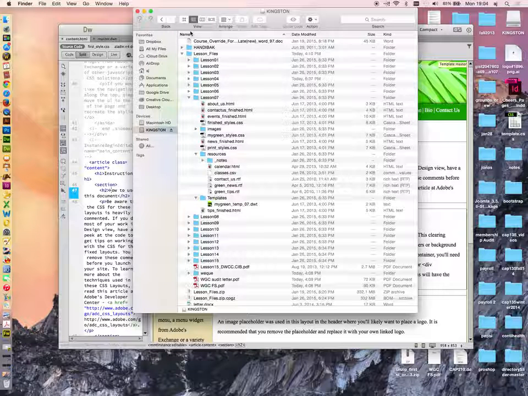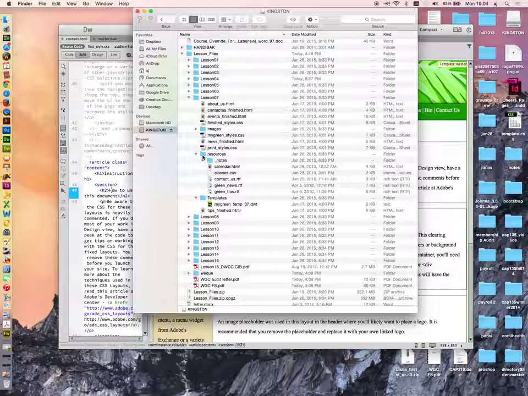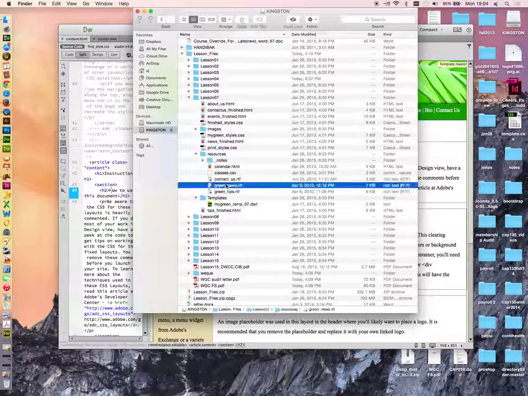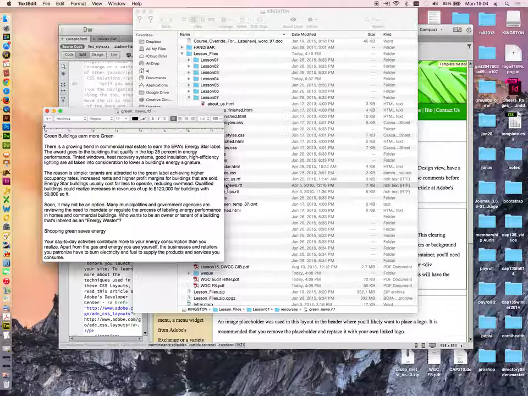Okay, and from lesson 7, from your resources, open up your resources folder. You should have a folder called resources, right? And from your resources folder, double click on greennews.rtf. Okay? And when you click on greennews.rtf, it should open up this particular file, and it should open it up in essentially what we refer to as